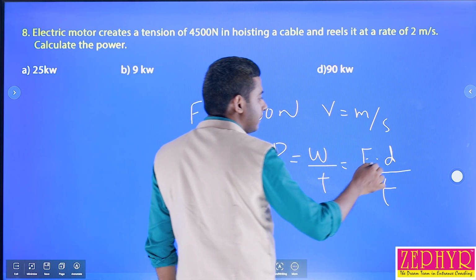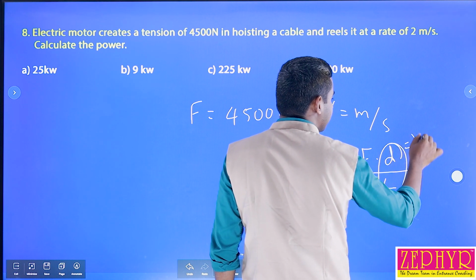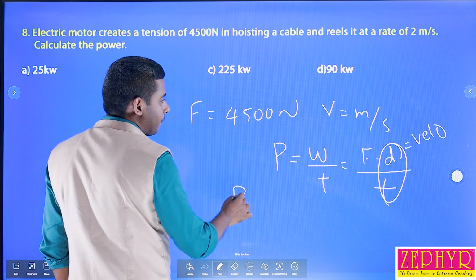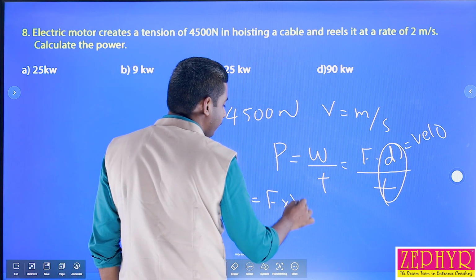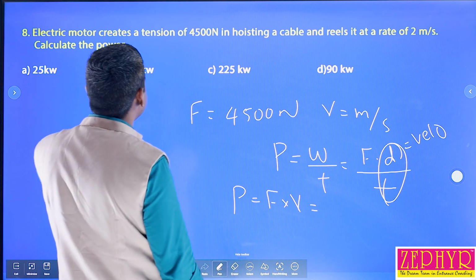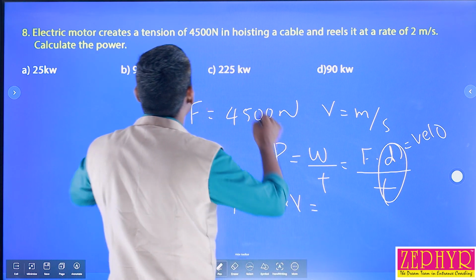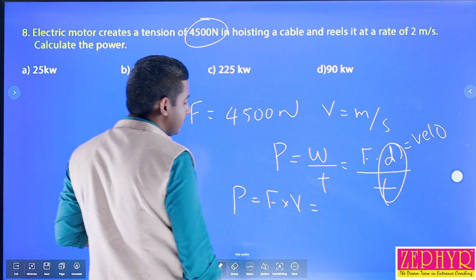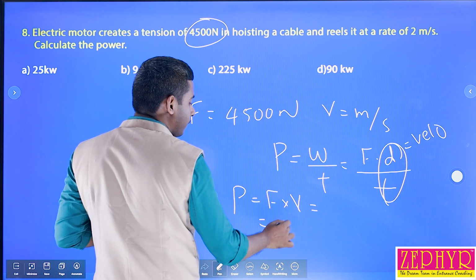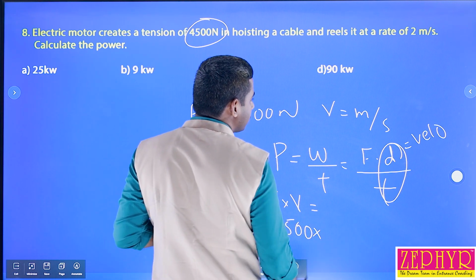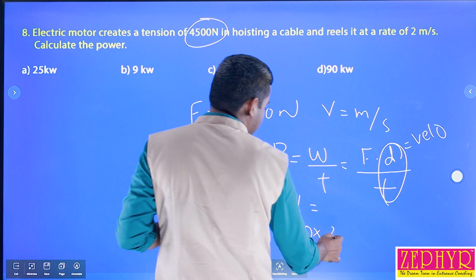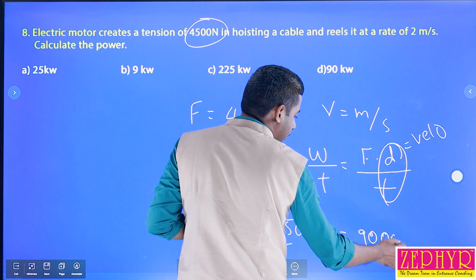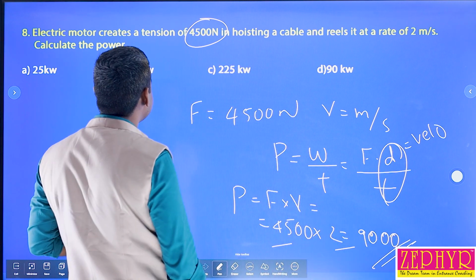Students, listen here. What is d by t? It is nothing but velocity. So, we can say power = force × velocity. That means they said tension as the force here. What is the force here? 4500 Newton, right. So, 4500 × what is the velocity? Velocity they said 2. So, 45 × 2 becomes 90. You have to put 2 more zeros. So, our answer is